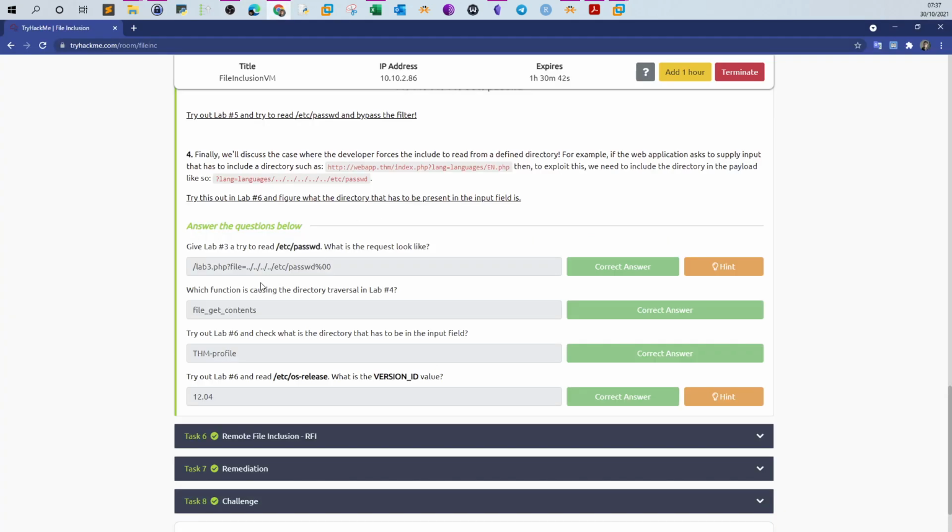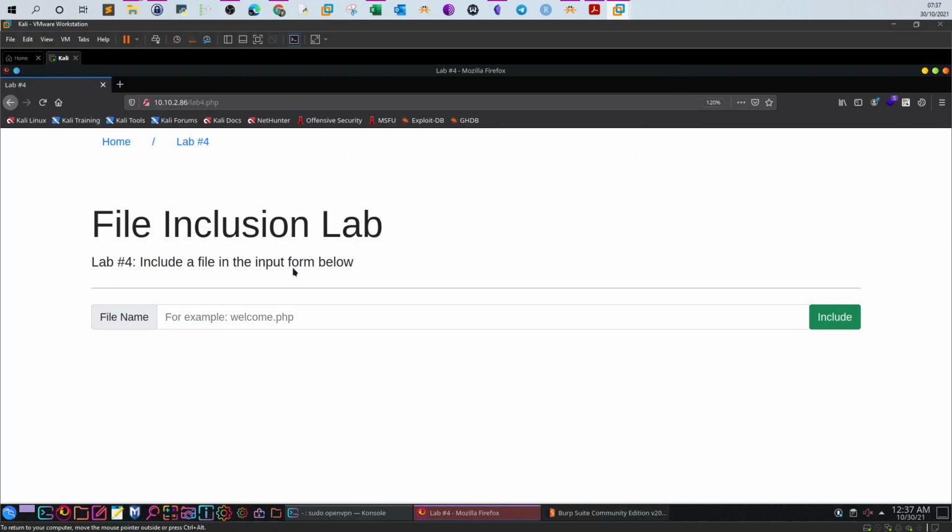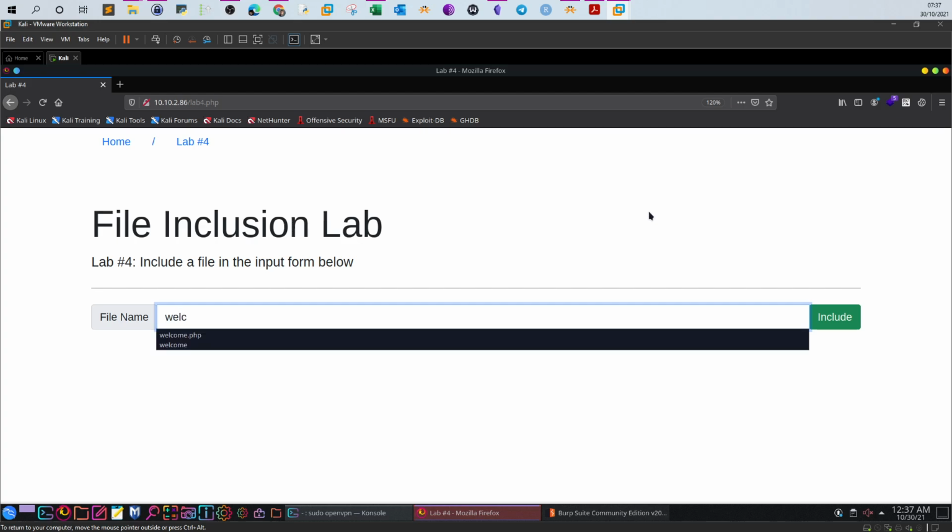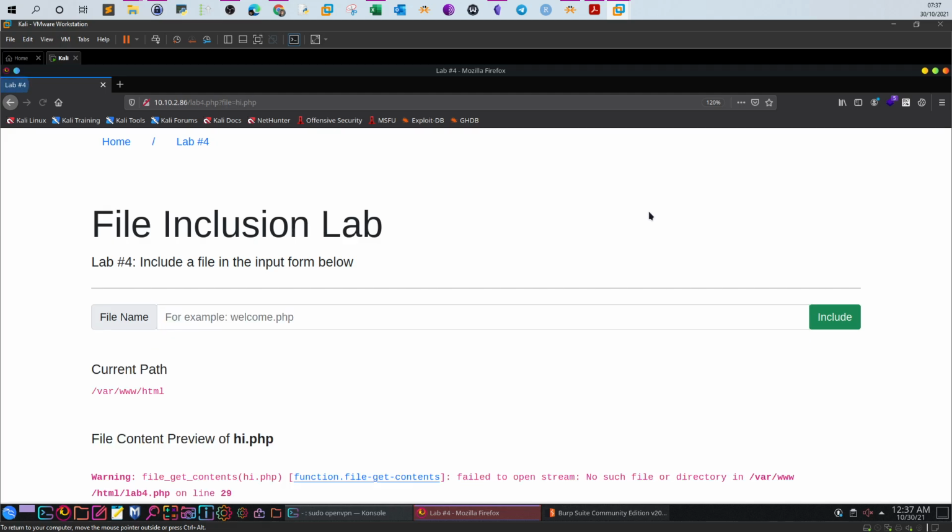So, question: which function is causing the directory traversal in lab 4? Okay, first let's do some experimentation. We first supply a wrong input, hi.php. You get an error. As you can see here, we are under the web server directory, and the PHP file is lab4.php, which contains the function file_get_contents,